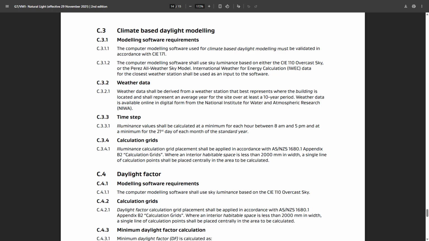And the modeling requirements are that the software used is tested to CIE 171. So Radiance has been tested independently through, believe it or not, a PhD student, and we have that information available in our documentation. But CIE 171 is a very antiquated standard, which really hasn't been heavily adopted since the early 2000s. So its reference here is almost a bit of a moot point, to be honest, but that won't be a moot point